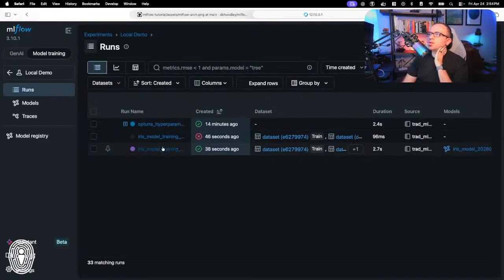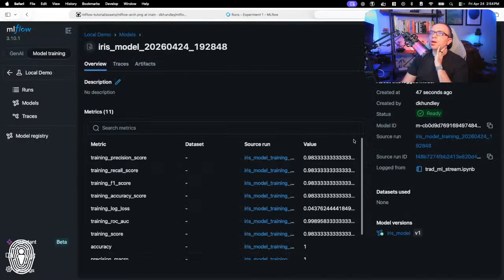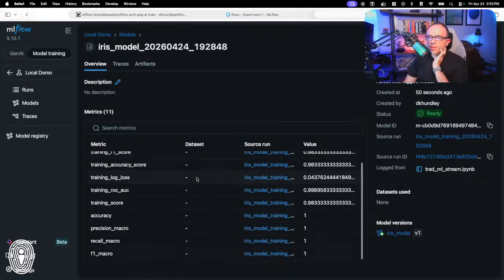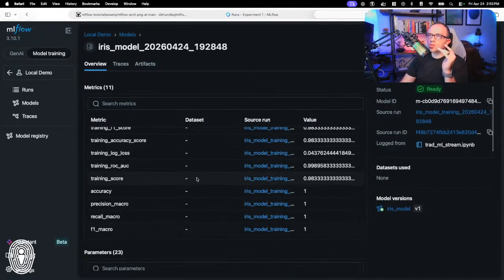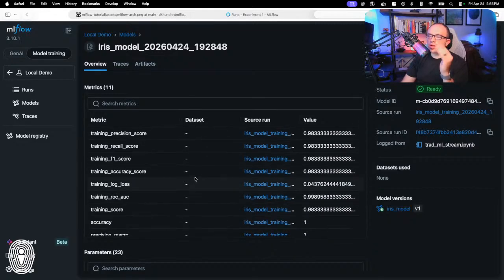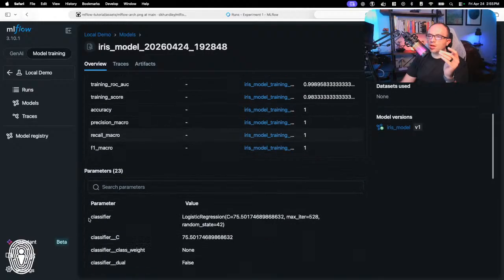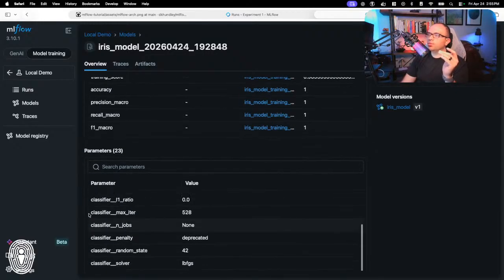So now we can actually see that we do have this successful run here. And if we scroll off to the right, then we can actually see the model itself over here. Okay, that does contain everything I want. So again, we logged all of our stuff. It looks like it did it twice, actually. So it looks like the auto logging still did apply here. That's why we see all these things that are training here. But these bottom 4 down here are things that we actually manually logged ourselves, along with all the different versions and stuff here.